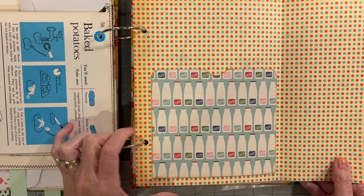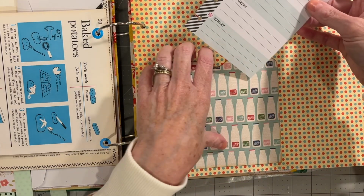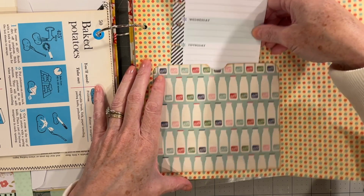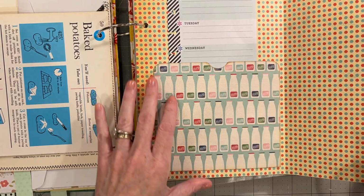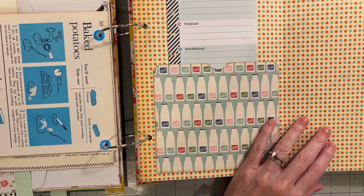Another deep pocket here. I think I need some more ephemera. Thought I had enough. You never have enough. You think you have enough, but you never do. That's gonna barely fit a meal plan card in there. Let's do one more thing. Let's do a